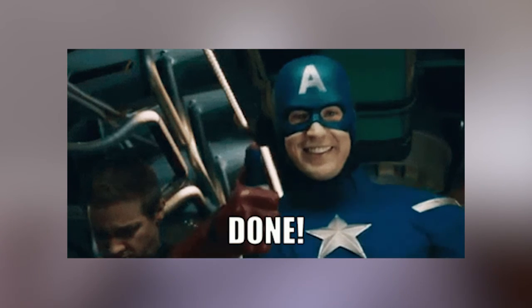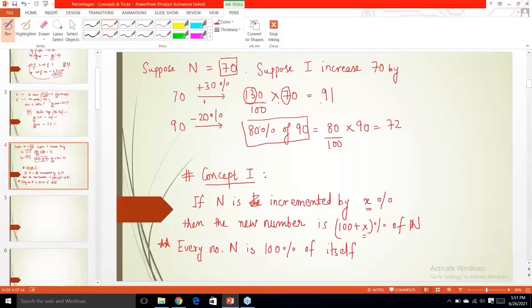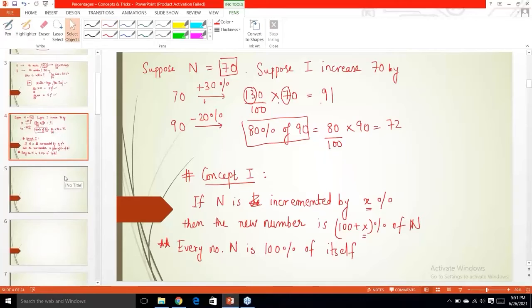You can clearly see that we are trying to avoid the intermediate step of reducing the number by 20%. We're not calculating 20% of the number and then subtracting. Why do I want to do two operations when my work can be done in one operation? Even if there is a hard number that comes up like 73, so you're saying that the number is 73 and you increment it by 30%,